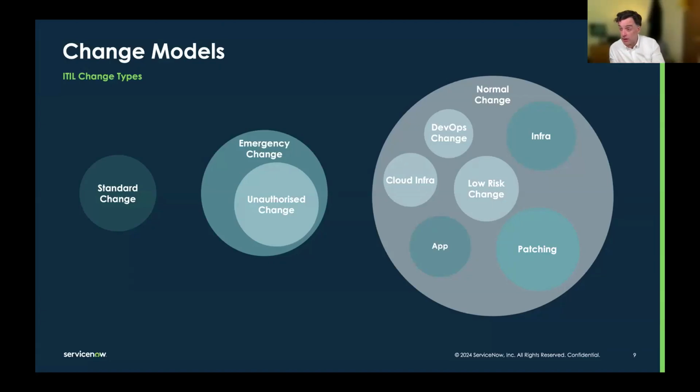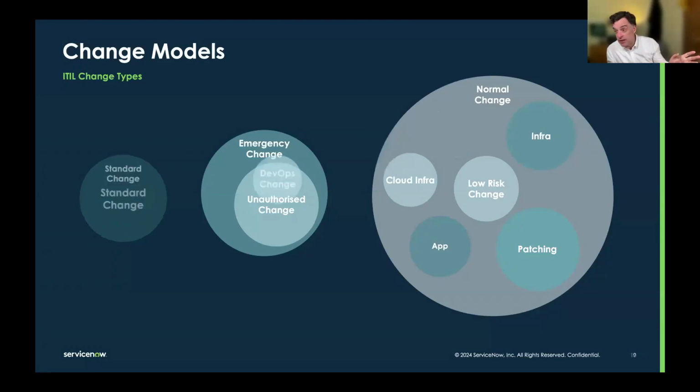So, and then from a technical point of view, we need to change the flows, right? We need to change our business rules. We need to change how normal change works to allow DevOps to work. And that can be a risky thing to do, both from a compliance point of view and from an engineering point of view. And it can be time-consuming because there's a lot to test and a lot to unpick. The other paradigm, which I see a lot, is we make standard change a bit bigger and we put DevOps in there because it's kind of a standard change because we don't need to.